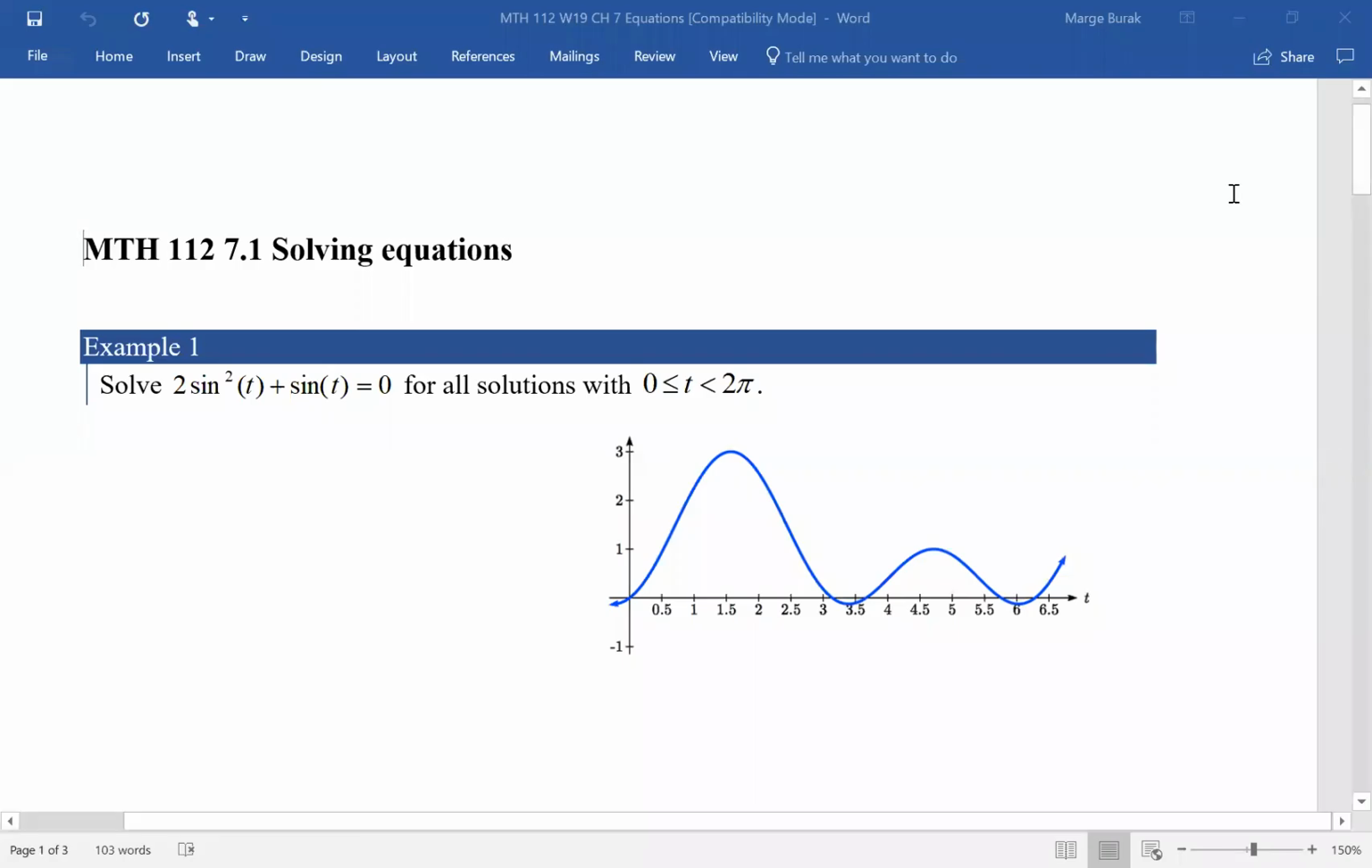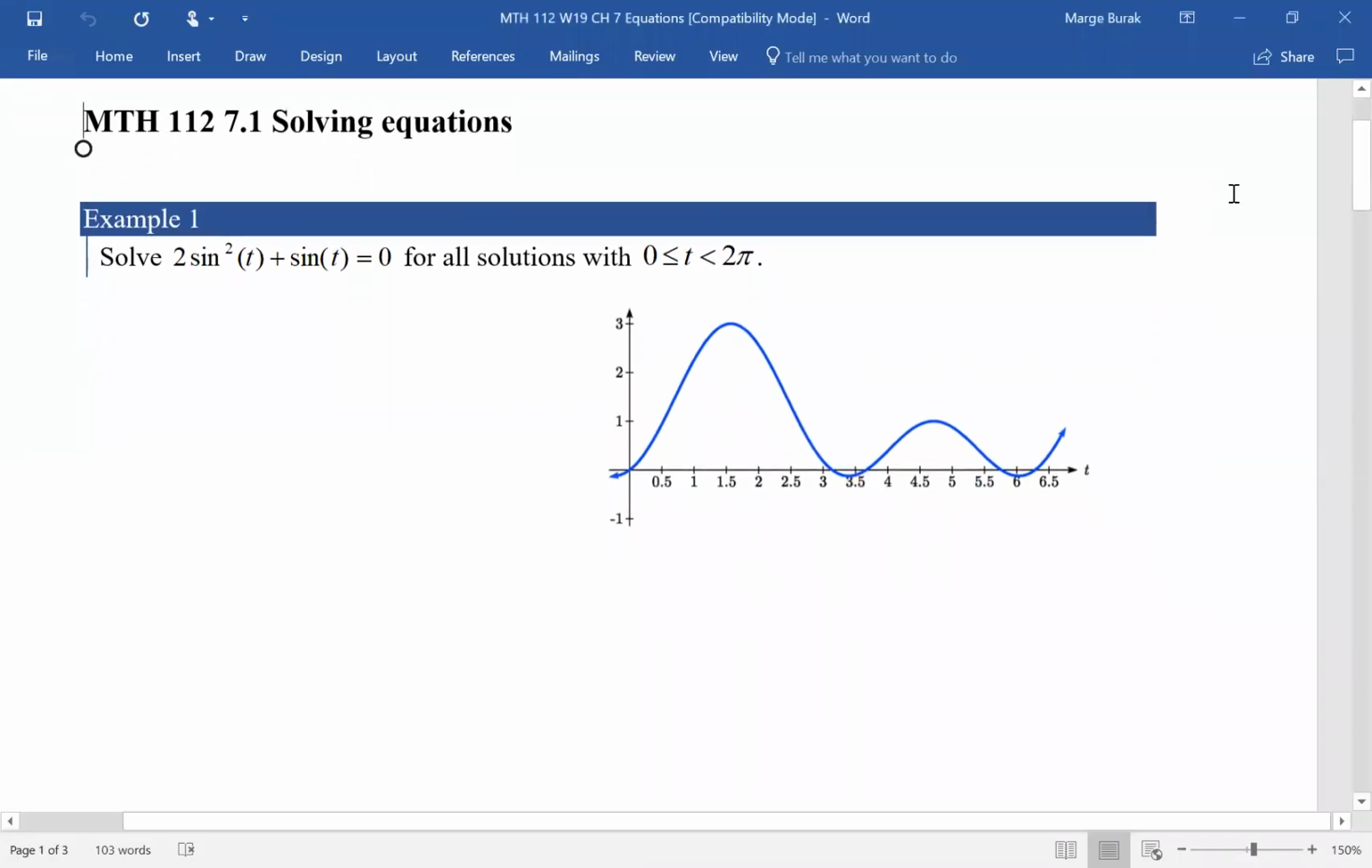Okay, chapter 7.1, and this is more solving equations with a little more tricks in them. We're going to use some of those identities to switcheroo and some tricks. So first of all, the first type of problem is we have 2 sine squared t plus sine t